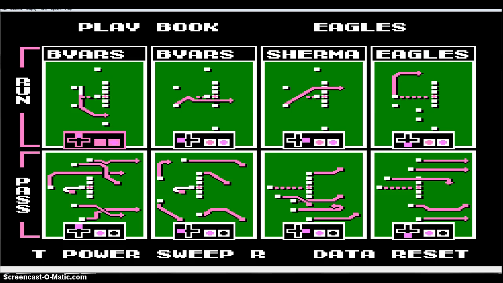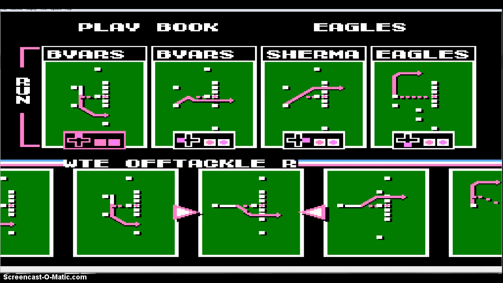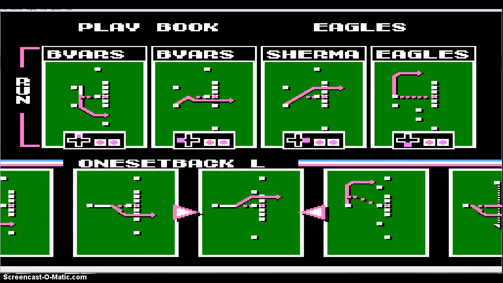So as you look here, the 4 plays on the top are going to be your run plays, and the 4 plays on the bottom are going to be your pass plays. And when you're creating your playbook, especially with the limited amount of plays that there are, you want to be careful to disguise your plays. You don't want to use a whole lot of different formations. You want to have several plays that are kind of out of the same look. So, for example here,